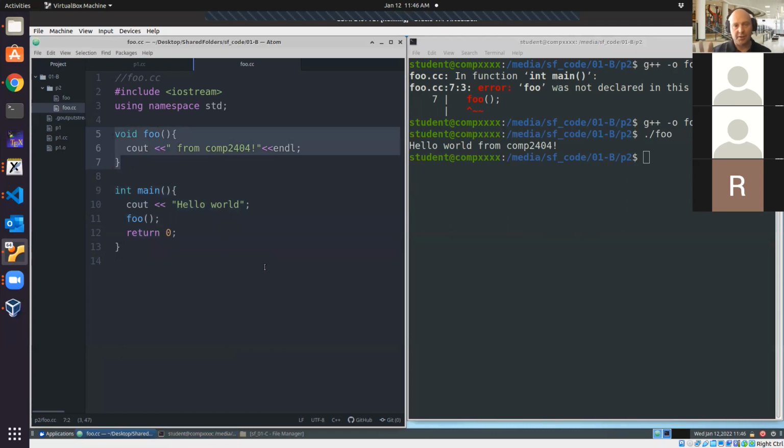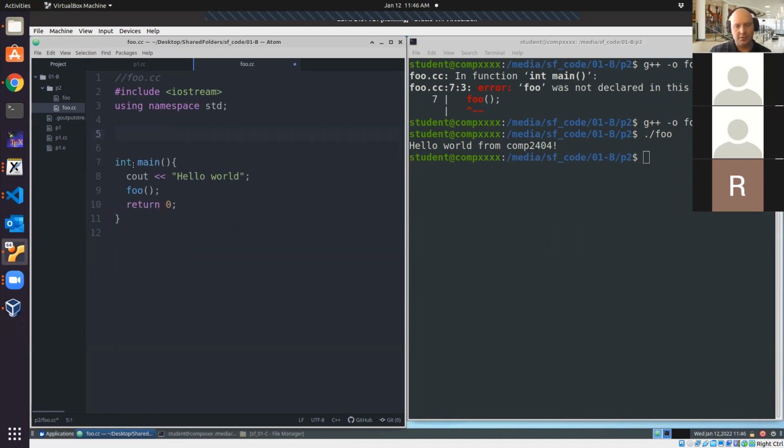Okay, which we're going to do, but before we do that, this is actually discouraged in C++. We want to have the first function we see to be the main function. So generally what we do is we put our additional functions below main, but we're going to tell the compiler about this foo function. So I'm going to say, hello compiler, there's a function called foo. It has a void return type and no parameters. All right, so this is called